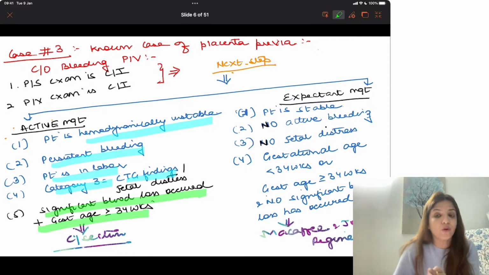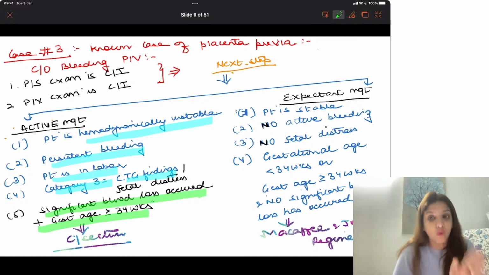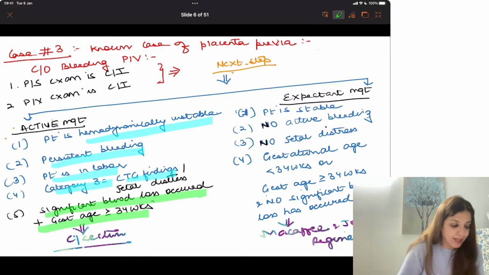At more than 34 weeks, if significant blood loss has happened, go for active management. At more than 34 weeks, if significant blood loss hasn't happened, go for expectant management. That is McAfee and